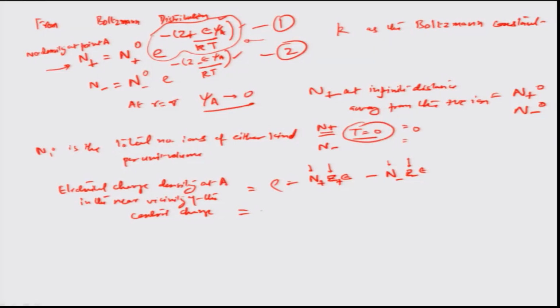So, we can actually write this down as n plus 0 z plus epsilon e to the power of minus z plus epsilon psi by kT, k being the Boltzmann constant, minus of n minus 0 z minus epsilon e to the power of minus z minus, so, therefore, it is plus z minus epsilon psi by kT. This is psi a, the potential at the point A in the near vicinity of the central charge. So, if I were to apply Taylor series here,